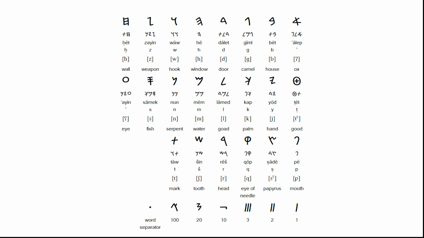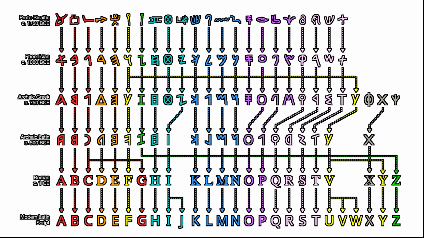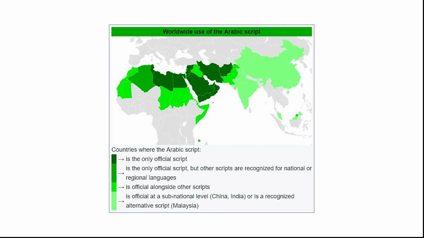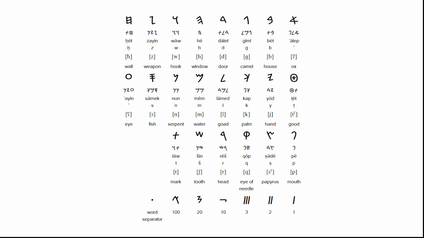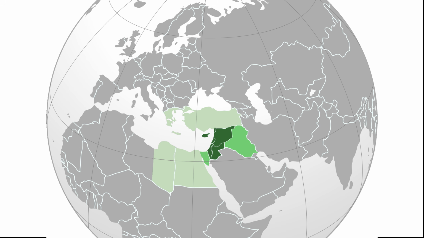Evolving from Proto-Sinaitic around 1800 BCE in the Middle East, Abjads influenced Phoenician, which birthed Greek and Latin alphabets. Key examples include Arabic, over 400 million users, written right to left, and Hebrew, with Nikud marks for learners used in the Torah. The Phoenician Abjad, with 22 consonants, transformed hieroglyphs into a phonetic system, spreading to the Levant and